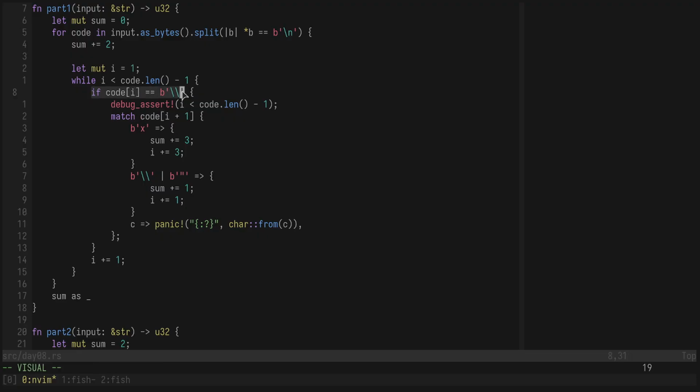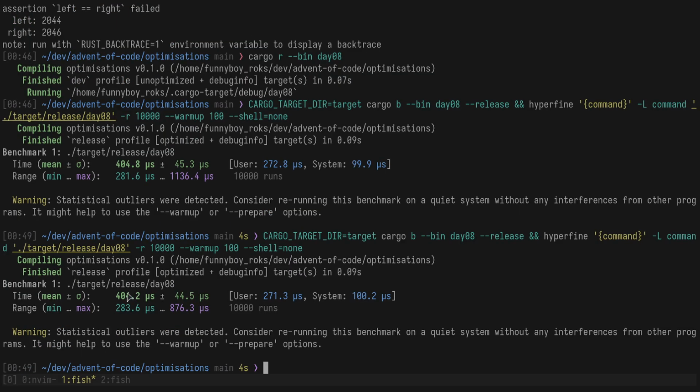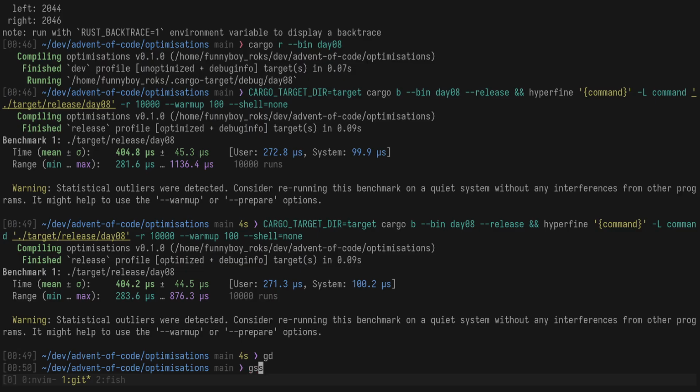What else? So if we have a backslash, then we do stuff. That's a fairly rare case, so I don't think branch prediction is a big deal there. What else? What else do we have? Yeah, I don't think there's really anything else that stands out to me for quick improvements. And since we're already less than half a millisecond, I think it's okay that we can't get any better improvements there. But let me commit this